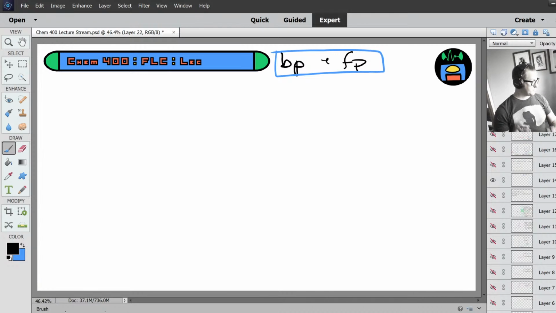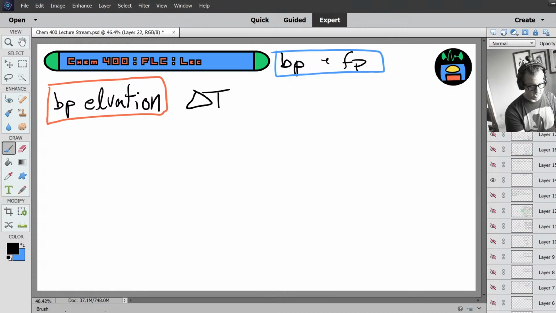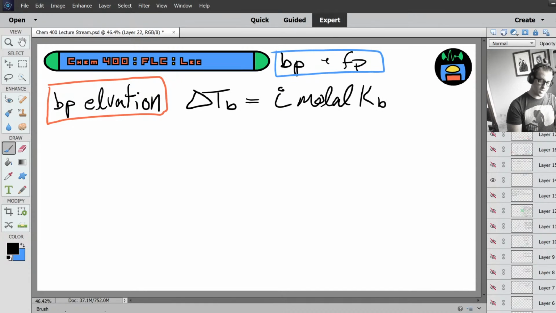Now, I gave you the equation for boiling point elevation. Boiling point elevation has this equation, just rewriting it. The change in boiling point is equal to the Van't Hoff factor times the molality of the solution times the boiling point elevation constant. The freezing point depression